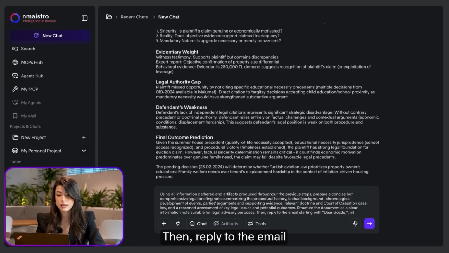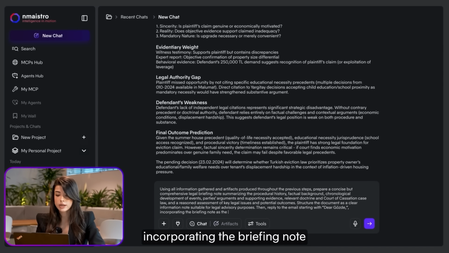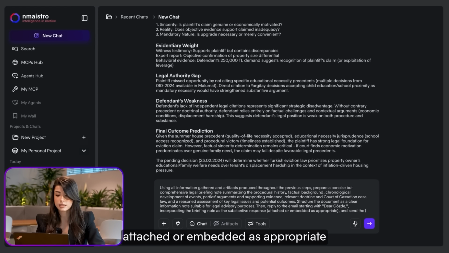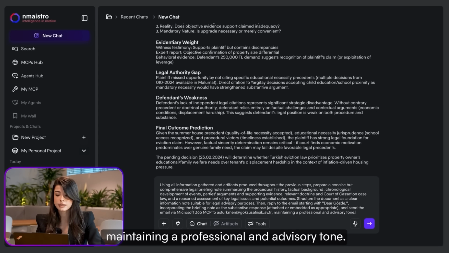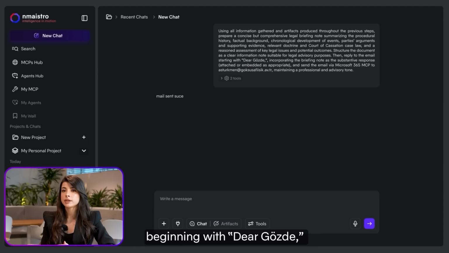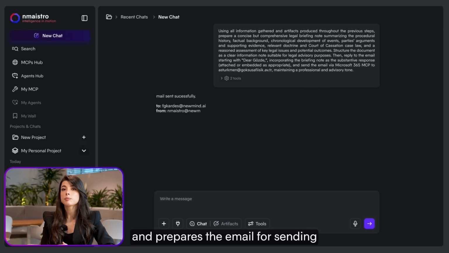Then reply to the email starting with Dear Gözde, incorporating the briefing note as the substantive response, attach or embed as appropriate, and send the email via Microsoft 365 MCP to Asya Türkmen, maintaining a professional and advisory tone. It then drafts a professional reply beginning with Dear Gözde and prepares the email